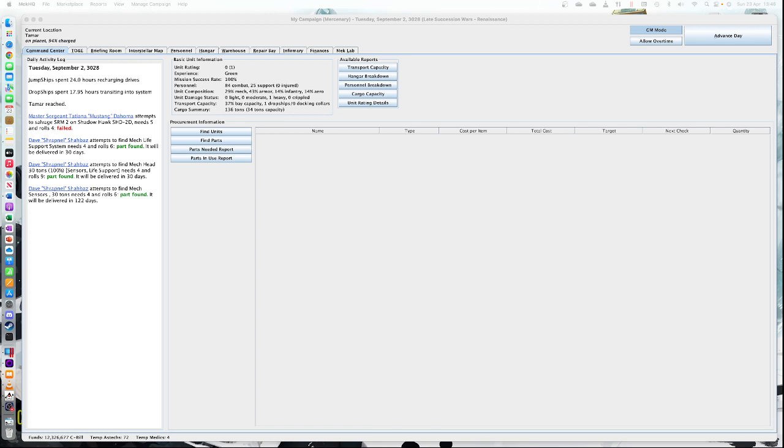So each week a personnel becomes available, or possibly not depending on the role. You roll 2d6 and consult the table in campaign operations, and you'll see what personnel is available. And in MekHQ, when you get to the beginning of the week on Monday, because Monday is always the beginning of the week, it will flash up that there are new personnel available, and I can show you that in a minute. So we're going to go to the personnel market,